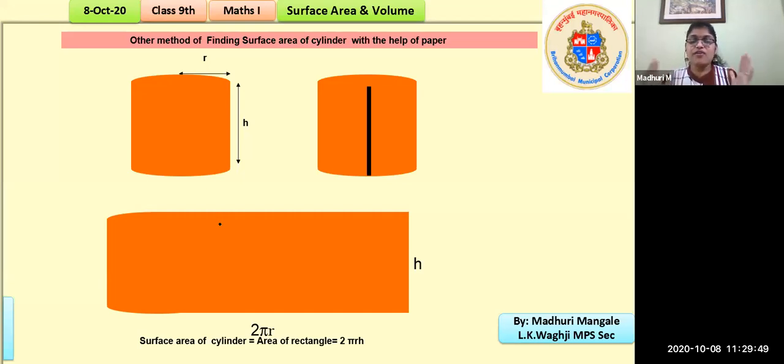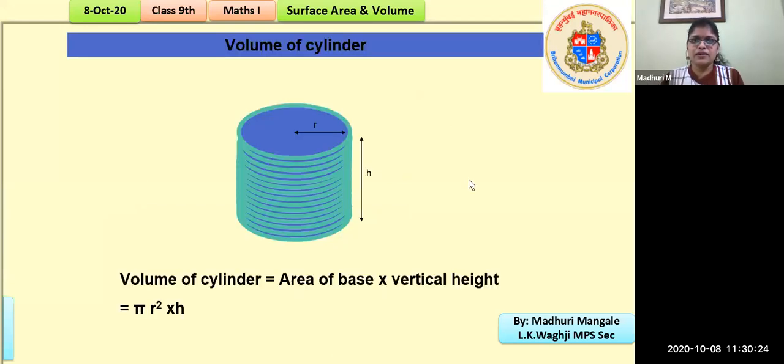The understanding of how we got that formula is very important, because when the questions are application based, and sometimes there are so many formulas, if you get confused, quickly you can think of how we got the formula, and there is no need to memorize it, right? So for the curved surface area, it is 2 pi r h, and for the total surface area, it is 2 pi r (r plus h). Okay, isn't that simple? Next, we look at the volume.